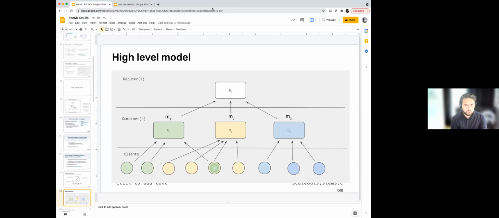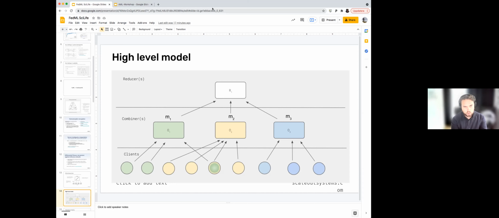When we do federated training, we typically have the controller that sits on the top level. It delegates responsibility for aggregating models from a number of clients to one or many combiners. So if you have many clients, you can have multiple combiners, and each combiner has independent responsibility for a subset of the clients. Then at the end of such a global round in federated training, we employ some reducing protocol over the combiners to produce the global model.